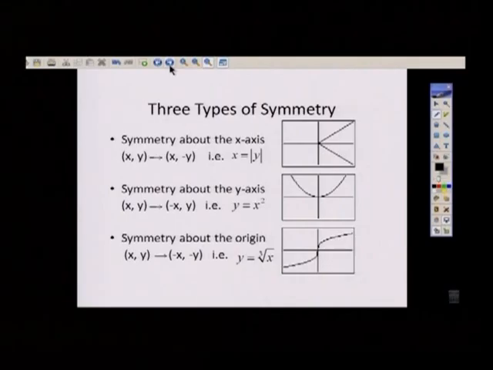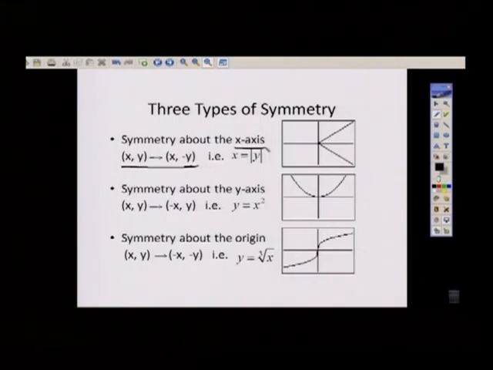You can have an equation that is symmetric about the x-axis, and there is this simple test. If you take the x and the y variable in an equation and keep the x variable the same but substitute in a negative y, and it comes out the same as the original equation, it is symmetric about the x-axis. An example of an equation symmetric about the x-axis is x equals the absolute value